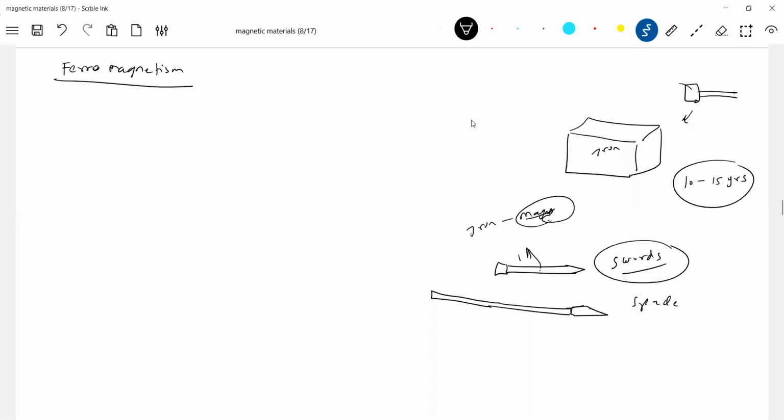So how to bring the magnet? Just take iron and hammer it. That's why in a given kingdom, they used to make weapons, and in that they used to hammer things. When you hammer this iron for 10 to 15 years, it will get magnetized. After getting magnetized, it can be made into different shapes, and by sharpening it, it will become a weapon. Now you take the ordinary sword made of iron and the sword made of magnet. The sword made of magnet will be stronger. Like this, all the weapons they used to make.